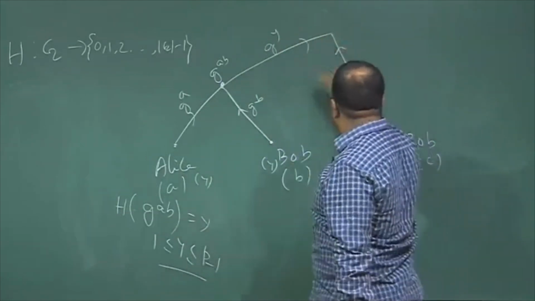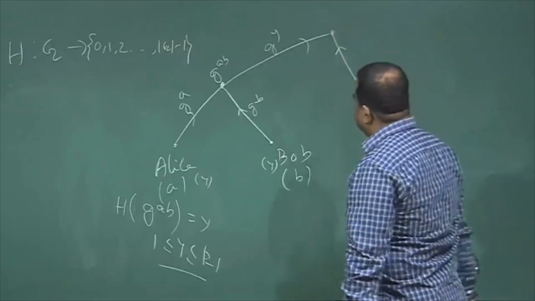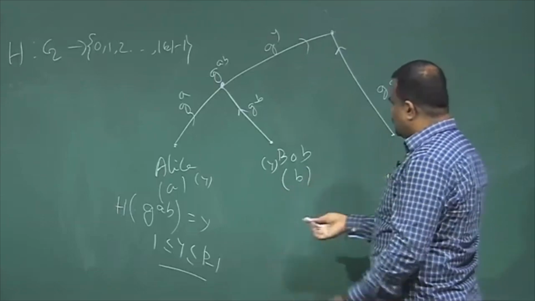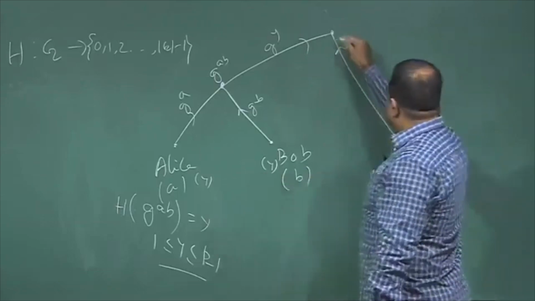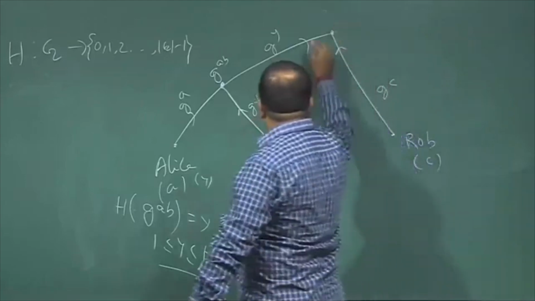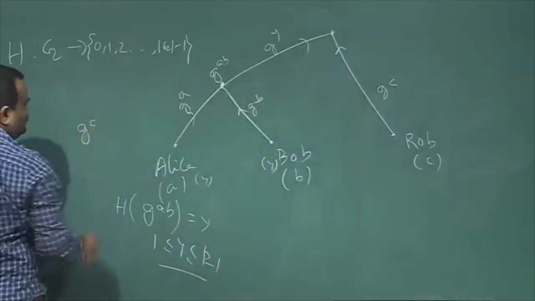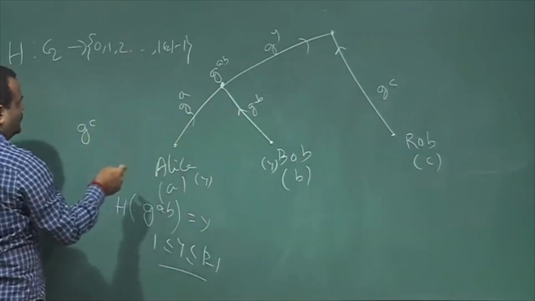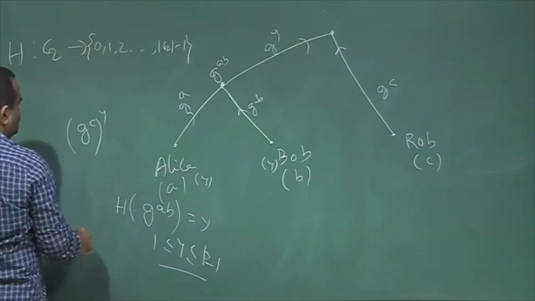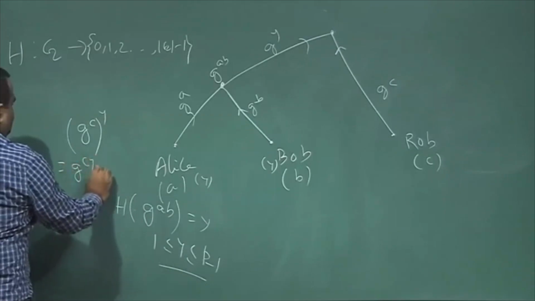can compute g to the power c. Okay. So, now g to the power c is received by Alice and Bob. So, Alice can compute g to the power c, which is getting from Rob over the public channel. So, Alice can compute g to the power c to the power y, which Bob also can compute, and so this is basically g to the power c y mod p,